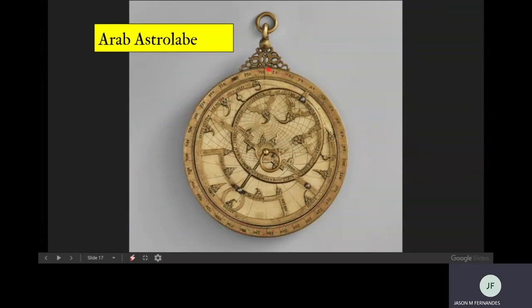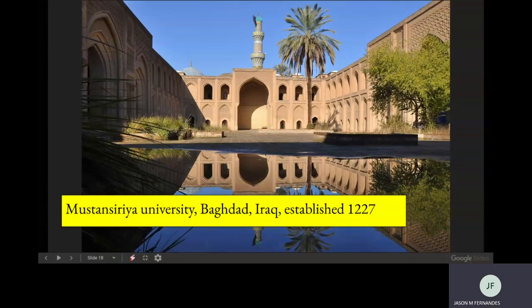So if you want to go on YouTube and put in astrolabe, there's a couple of videos on there to show you how to use these things. They're pretty complex, really fascinating devices. Now, as far as the growth of cities and states, we can look at a place like Baghdad,